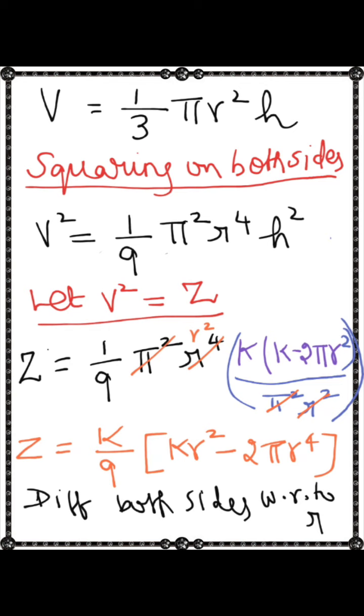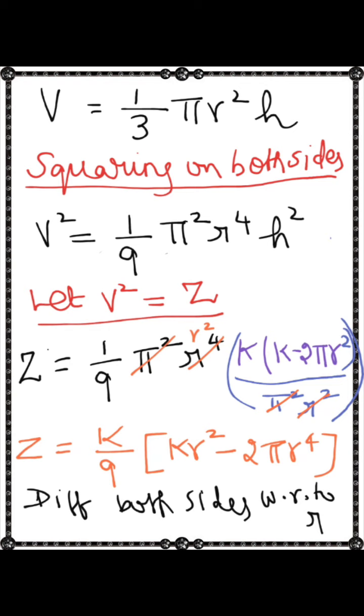And I am writing v square as z, no specific reason, as we are going to find two derivatives, that is the first and second derivative, it might be confusing if you use v square. That's the reason we are expressing it in another letter. It's not necessary to be z, you can choose as you wish. And here I have just taken z.